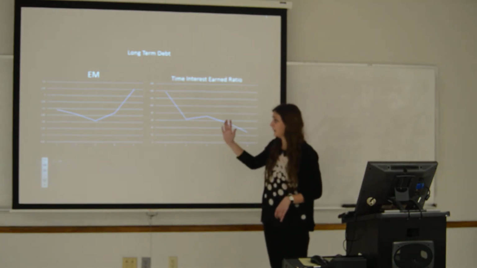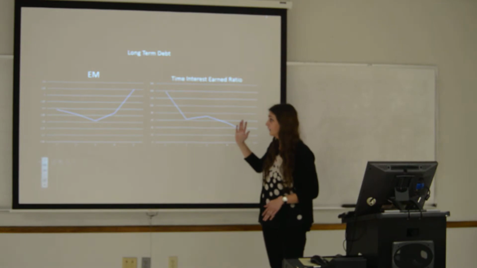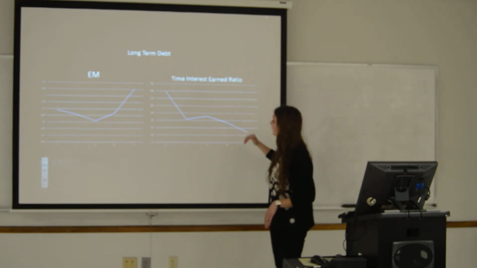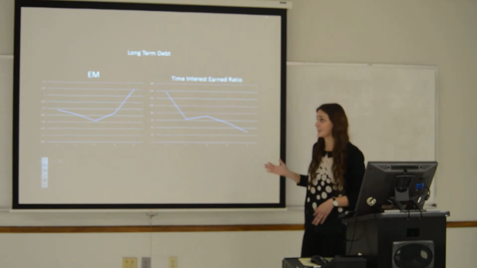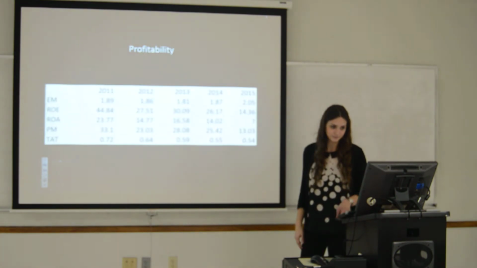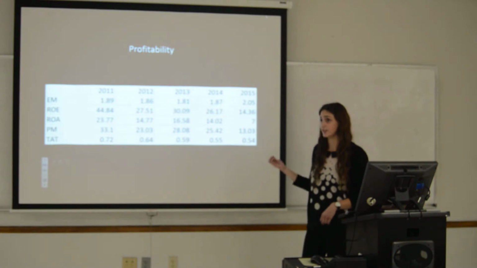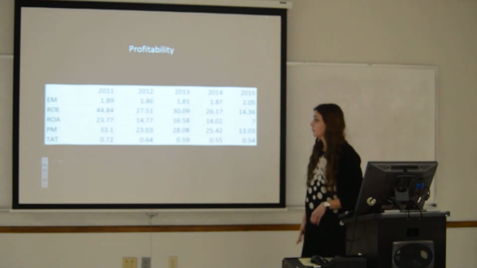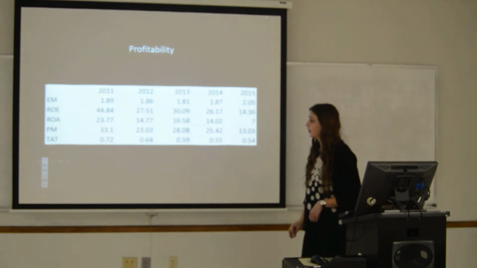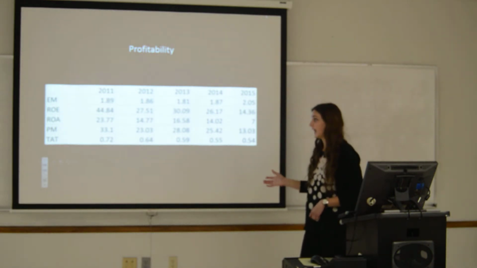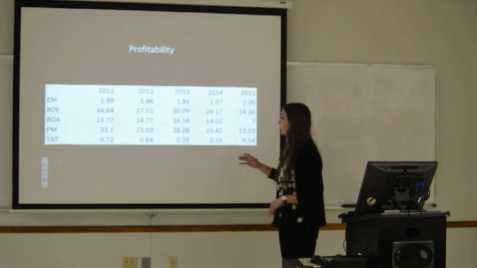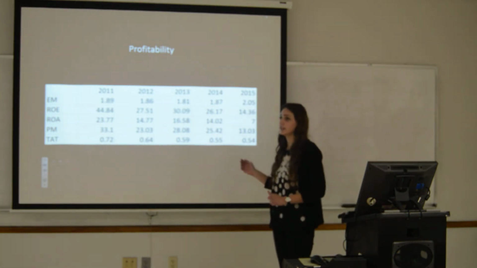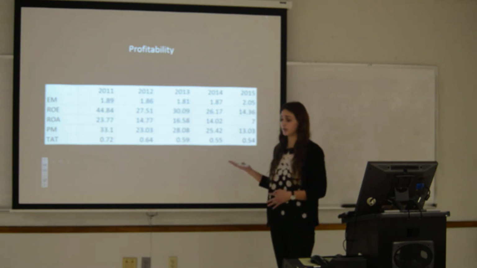And so your equity multiplier is rising a lot, which is really bad. And your times interest earned ratio is dropping a lot, which is bad. So overall, this company isn't looking the best right now. And we also need to look at their profitability ratios, which are ROE and ROA and their makeup. ROE is made up of ROA and your equity multiplier. For your ROE, we want that to be high.